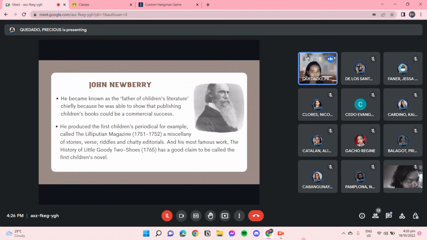He is known as the father of children's literature, and mostly it was because he was able to show publishing children's books to be a commercial success. So he commercialized, he advertised books for children. So he was able to supply